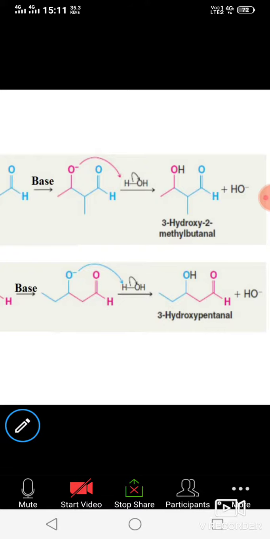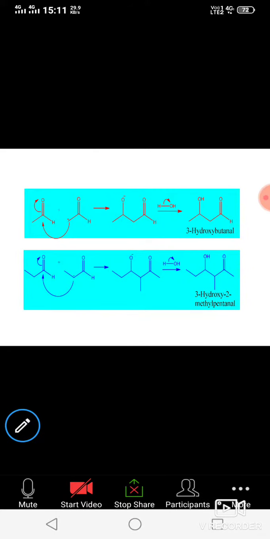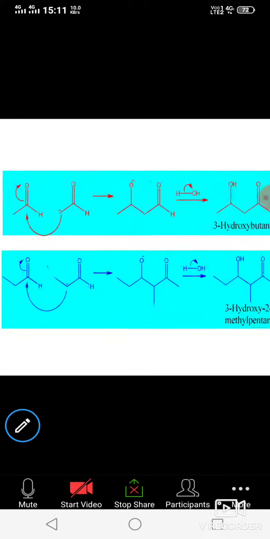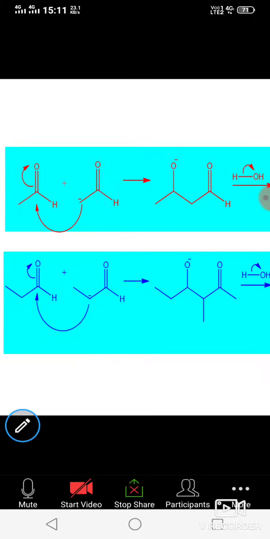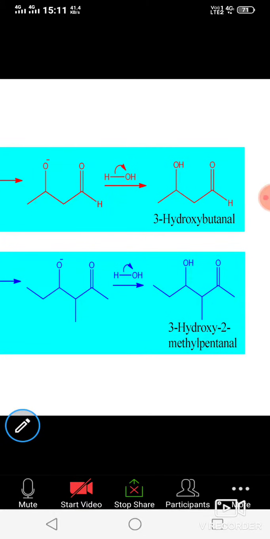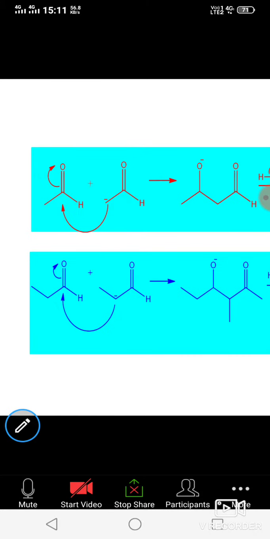Now this is when one aldehyde is reacting with another aldehyde. Now we have another case, when the same aldehydes are reacting with each other. In this case you have added ethanal, meaning acetaldehyde. One molecule of ethanal forms the enolate ion. It will react with another molecule of ethanal and you will get this 3-hydroxybutanal compound. Similarly, propanal, as it also has alpha hydrogen,